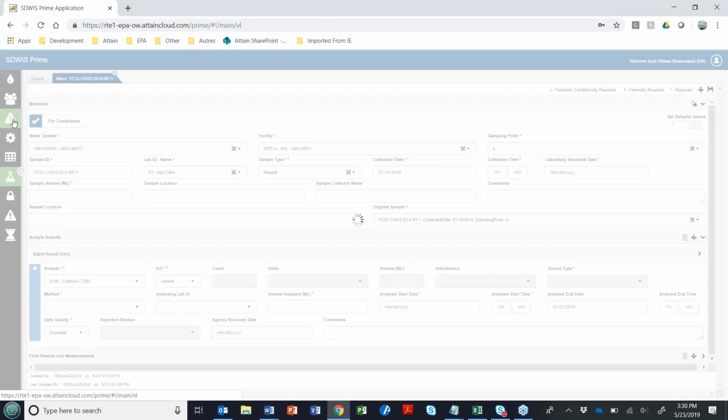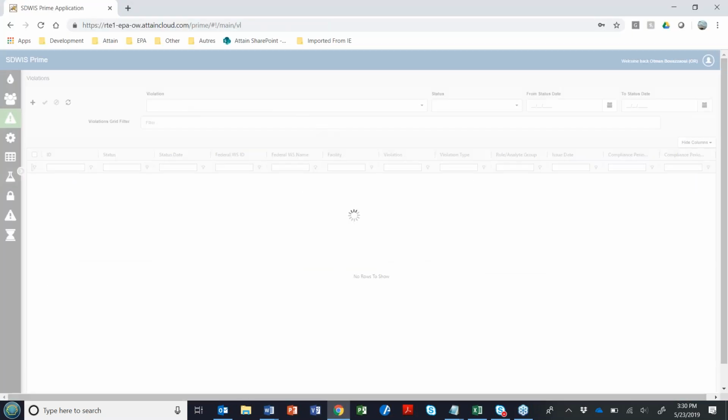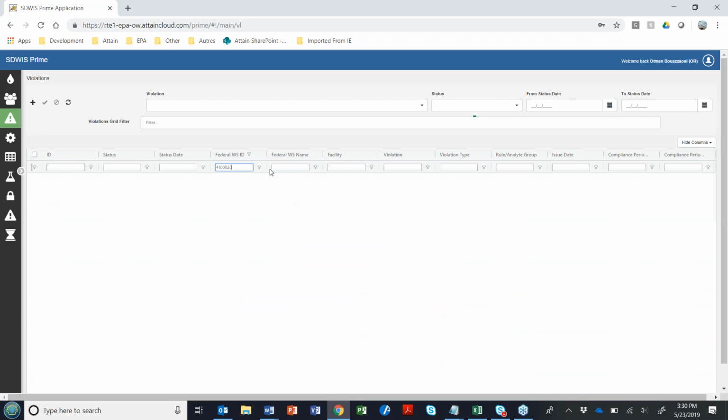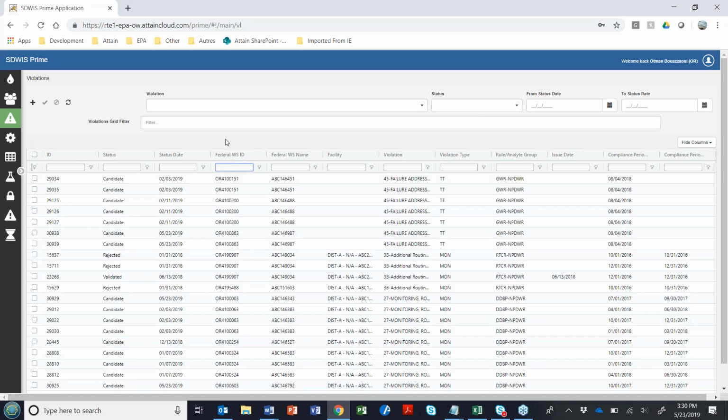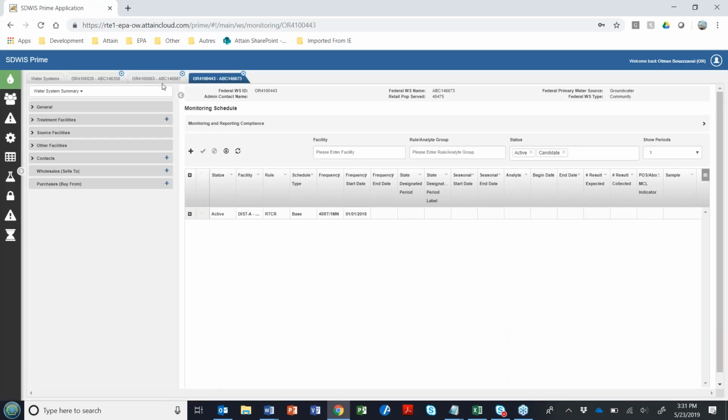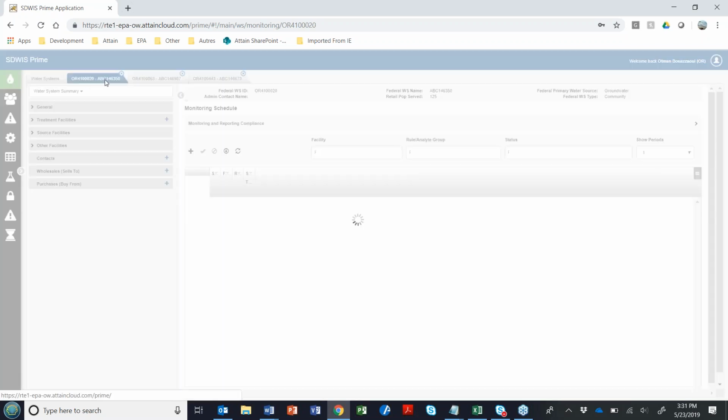So if I go here, this is the global view for violations. Just filter, for example, by the water system ID. This one is a 001. Sometimes you might want to give it a couple minutes. It's going to refresh, but it can always go back to the inventory and check that on this side.